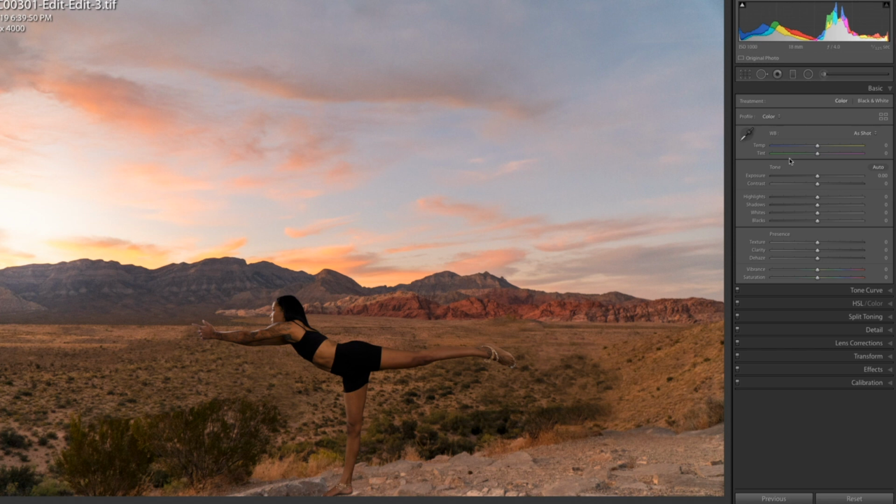You may never need to use Photoshop. If you're planning with your photography just to do basic edits, then Lightroom is a good tool. You can see all the basic editing controls you have here available to you. And there's some further down that are a little bit more advanced.